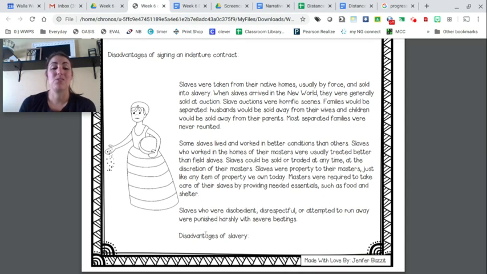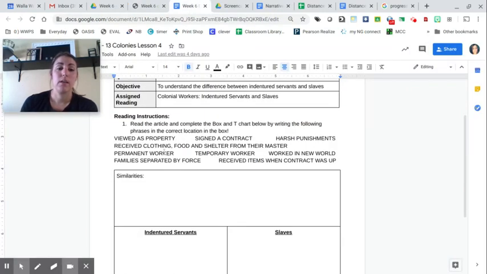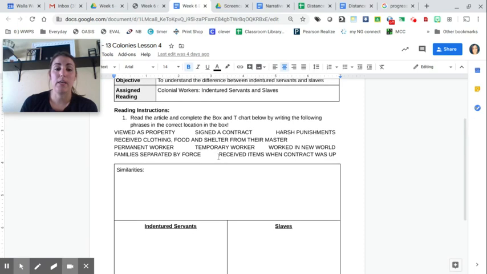Go ahead and take a minute to write some disadvantages to slavery. There really aren't any advantages. When you're done taking a couple notes there, go ahead and return to your week 6 packet instructions,